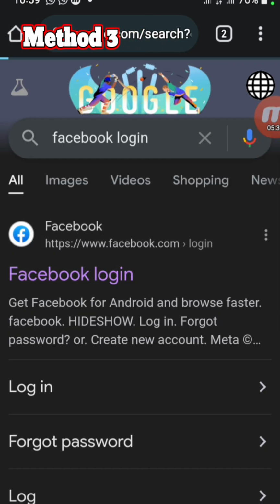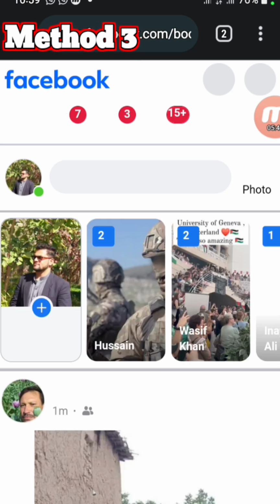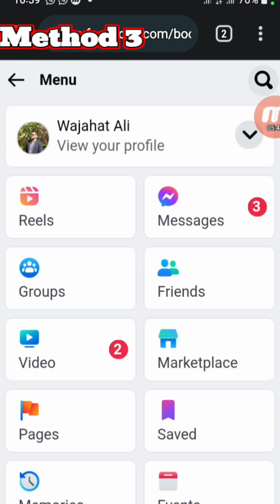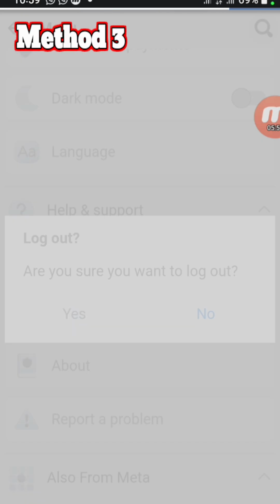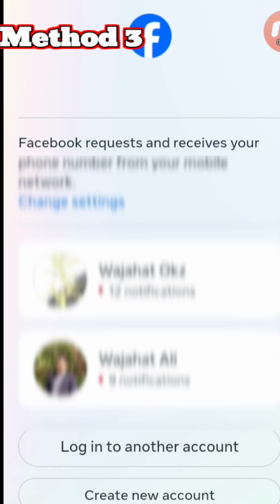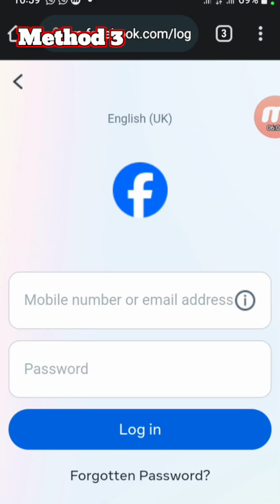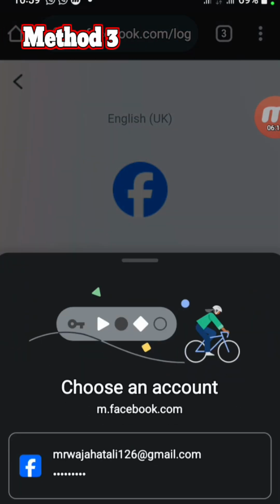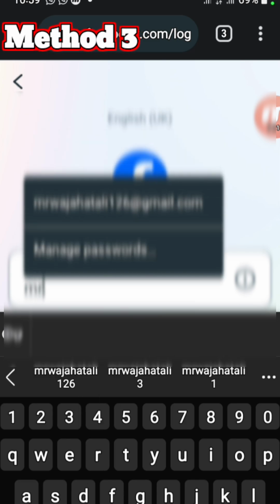Just open the first link. Now from here my account is already logged in, so I can see the password from Password and Settings in this Chrome. So if I log out from this, now you can see my account has been logged out, so I have to click on Log into another account. Just put your Gmail, your phone number or your address,